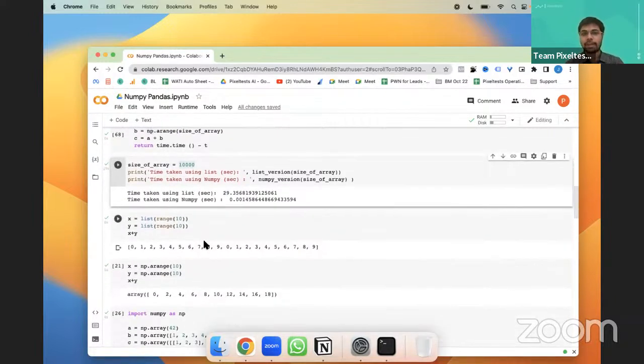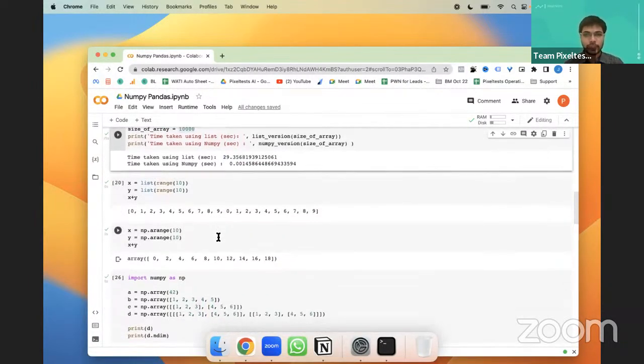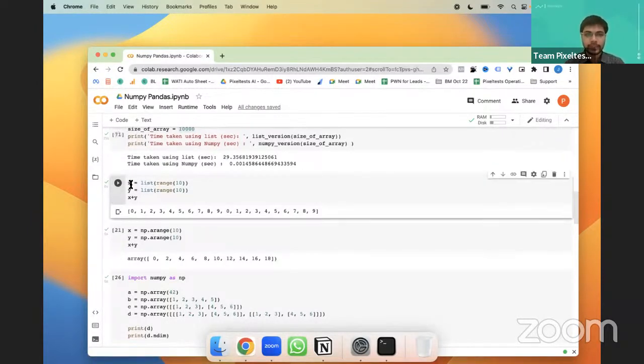So that is why we use NumPy over lists, because it is more time efficient than list. Okay. So similarly, like how we have seen in lists, whenever we use a range of 10 and 10, the lists are appended. For example, X is a list from 0 to 10, Y is a list from 0 to 10.